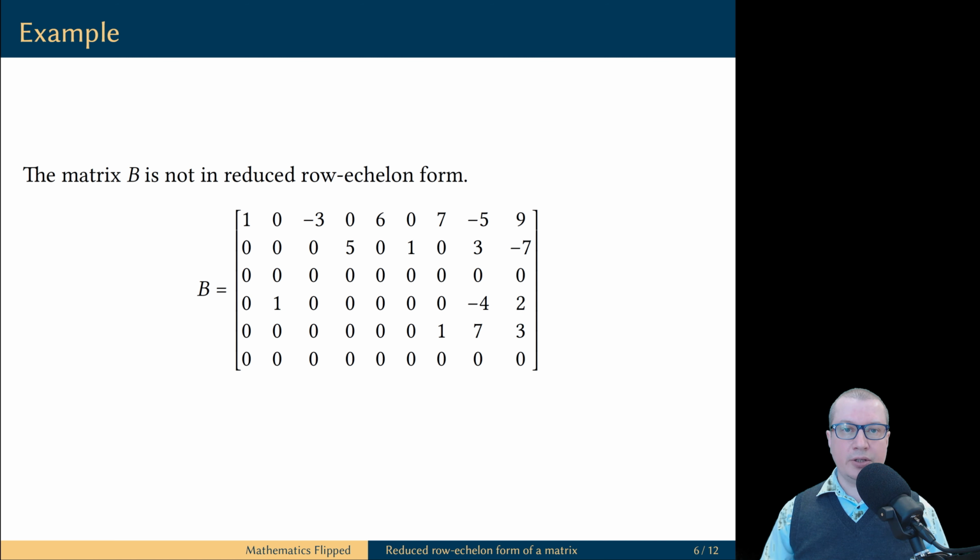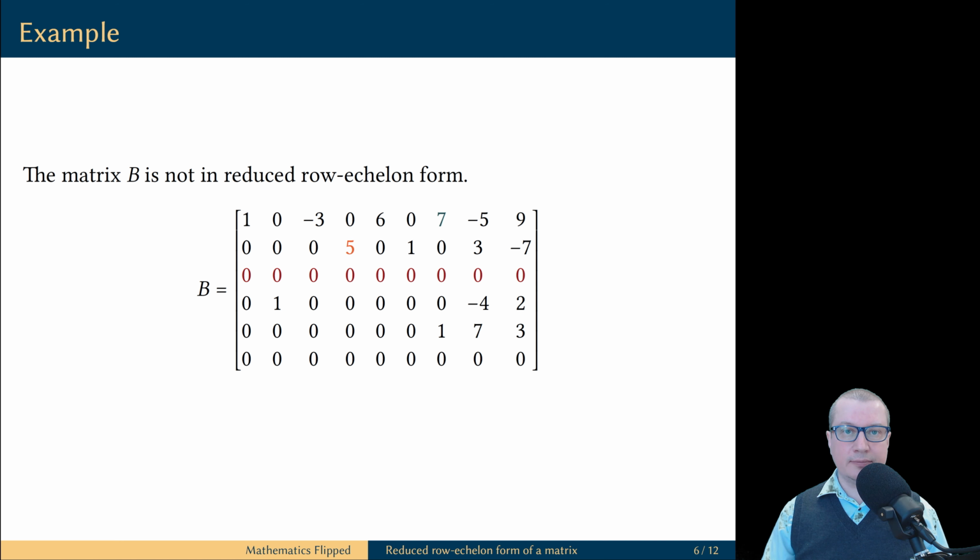Here is an example of a matrix which is not in reduced row echelon form. There are many problems with this matrix. First of all, we have one zero row which is not at the bottom of the matrix because it is located above two non-zero rows. In row number 2, the leftmost non-zero entry is equal to 5 rather than 1. Also, the column number 7 contains a leading one, so it is a pivot column. Yet, the leading one is not the only non-zero entry in this column because the first entry in this column